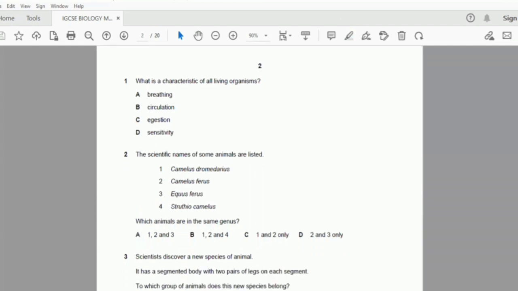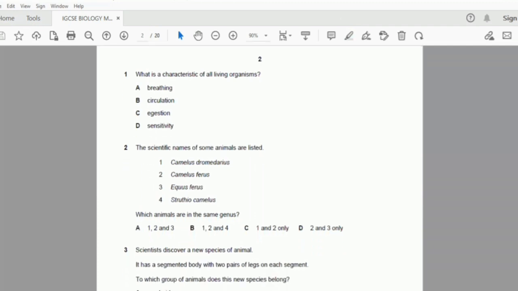So we have the first question here. What is a characteristic of all living organisms? A is breathing, B circulation, C egestion, D sensitivity. Breathing, if you remember the characteristics of living things, Mrs. Gren,